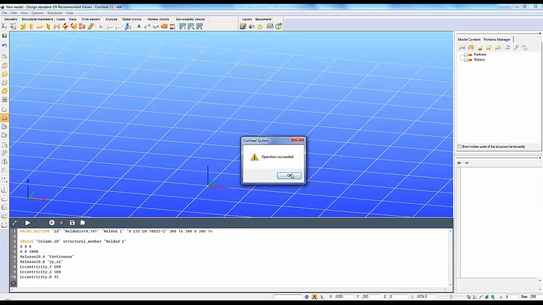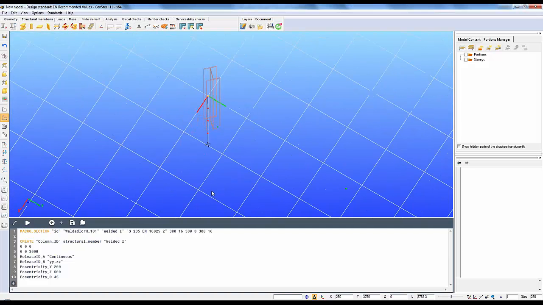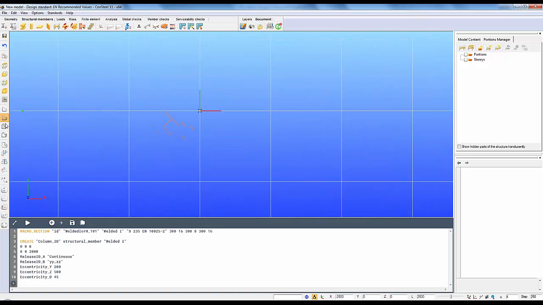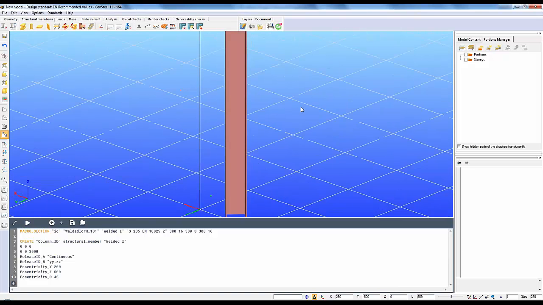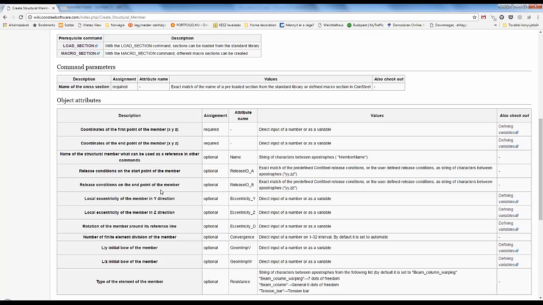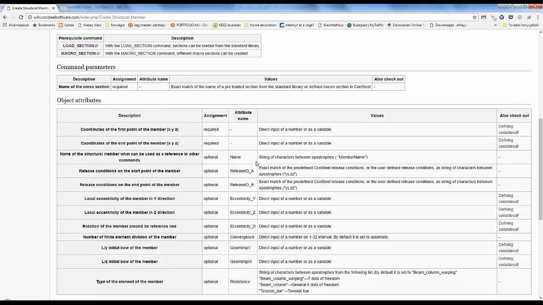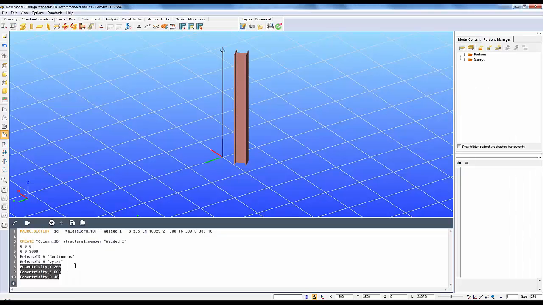And if you run the code again, you can see that the column is moved accordingly and rotated. All of the extra attributes or optional attributes can be found in case of every object in the wiki page. Okay, so the column is ready,